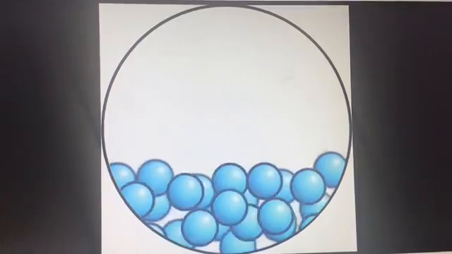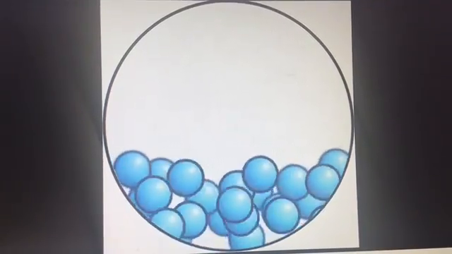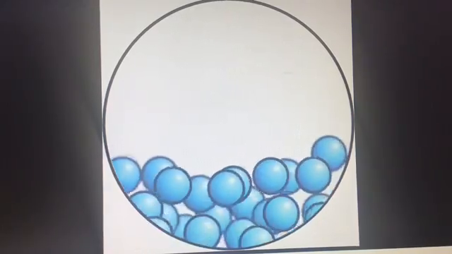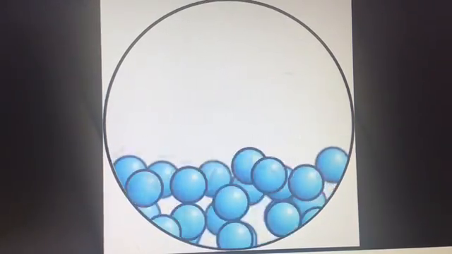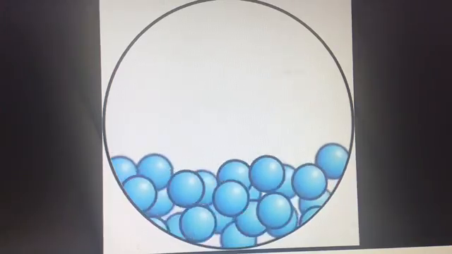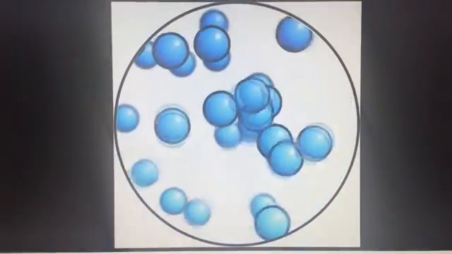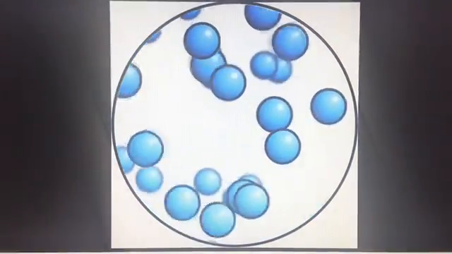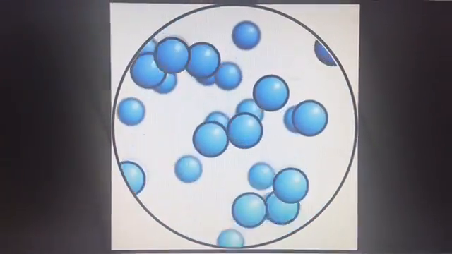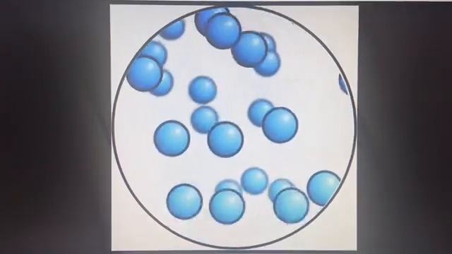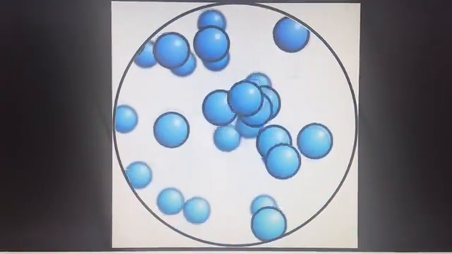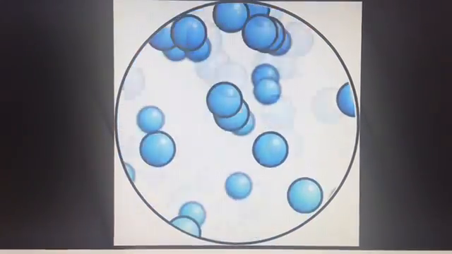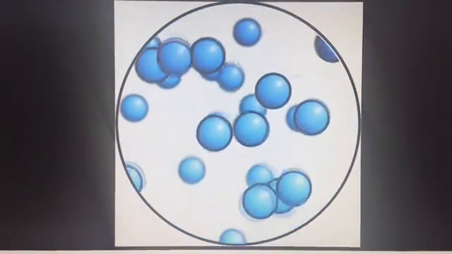This is a liquid. The atoms in the liquid take the shape of their container, or whatever the liquid is in. The atoms are not bound together, so this means that they can move freely past one another within their container. This is a gas. The gas will fill all of the space of its container. The atoms in a gas are farther apart and have lots of space to move around. The atoms in a gas move faster than the atoms in a liquid because they fill all of the space